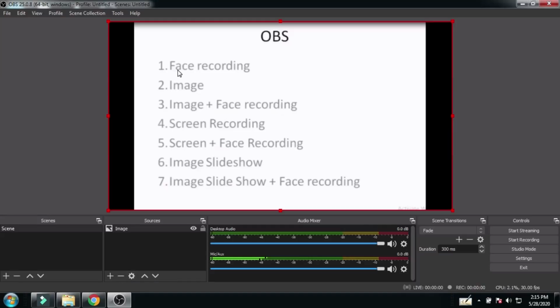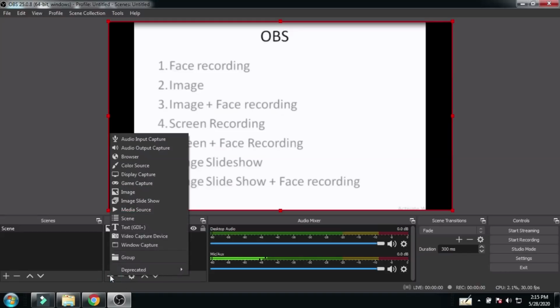Face recording, we have to start out of these 7. So click on the plus button. A number of sources are there. Out of these sources, you have to click on the video capture device.